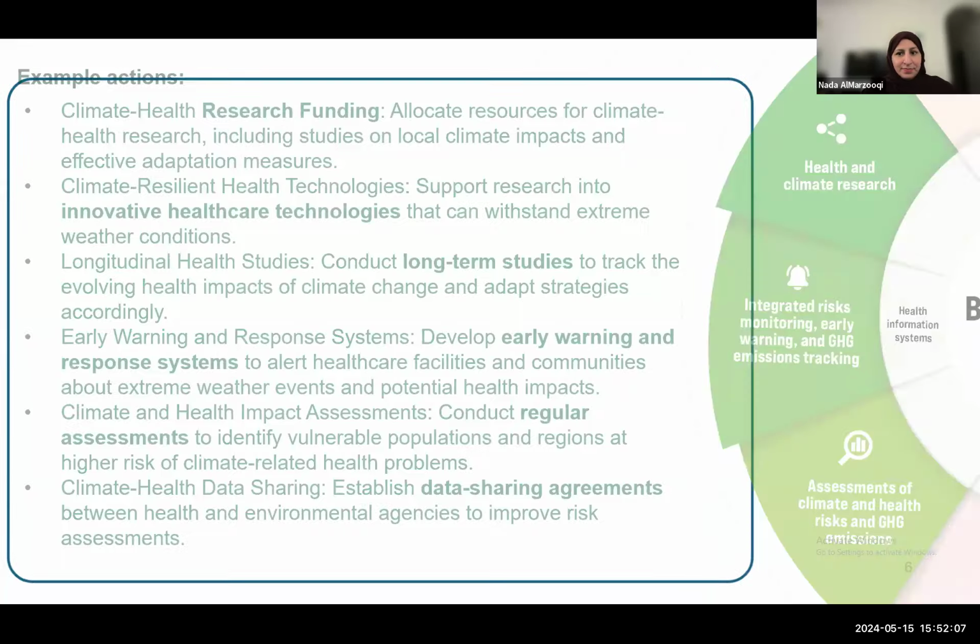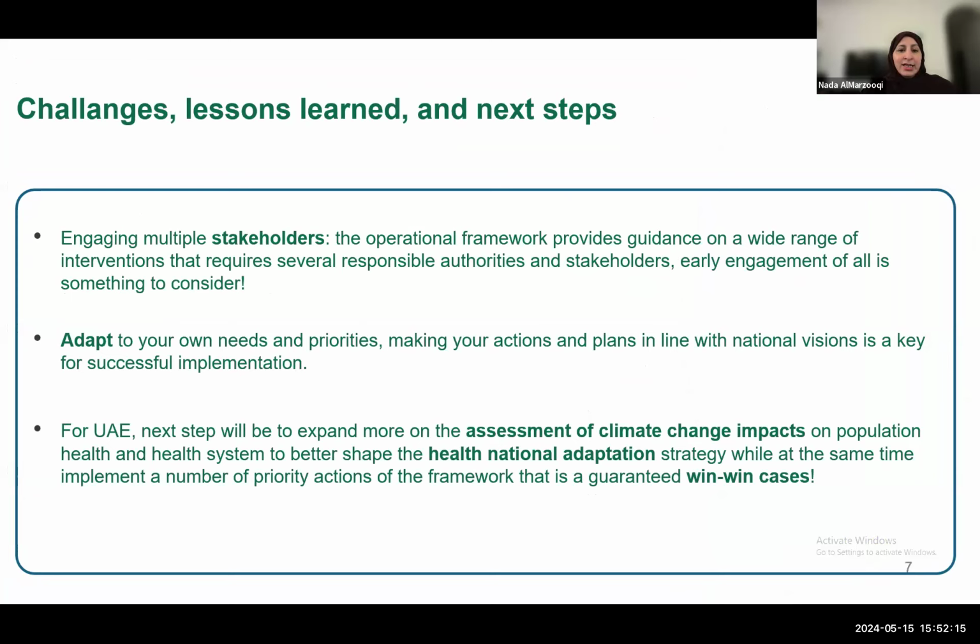So very important lessons that we took from our experience is to engage the multiple stakeholders. It's very important to have everybody on board because the framework has guidance on a wide range of interventions and requires several responsible authorities and stakeholders. So early engagement of all is something to consider. We need to adapt to our needs and your own needs. Make sure that the actions and plans align with your national vision. And this is the key for a successful implementation, since lots of the interventions will be conducted with several health